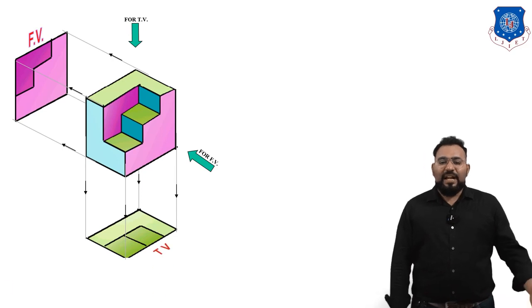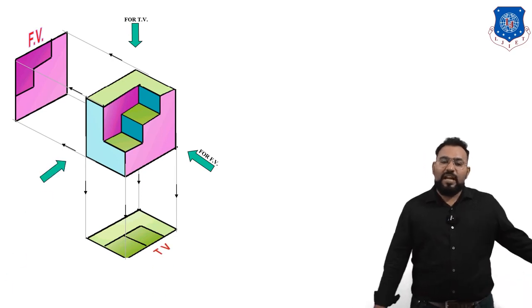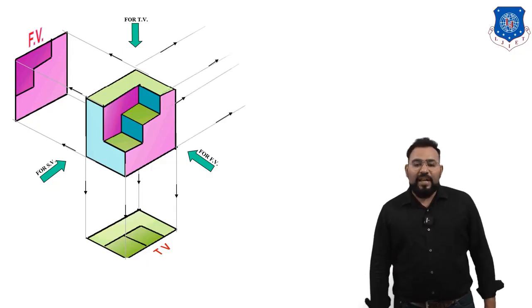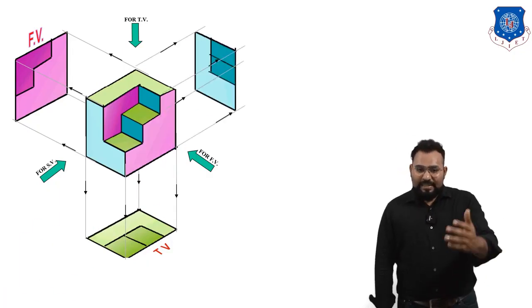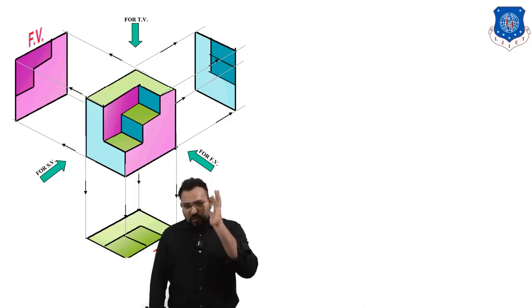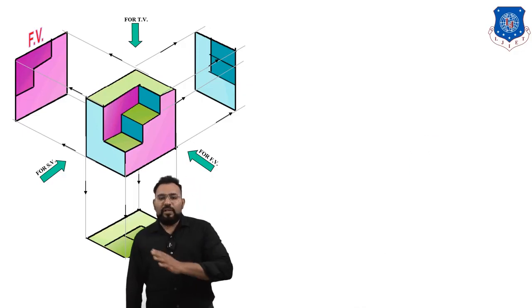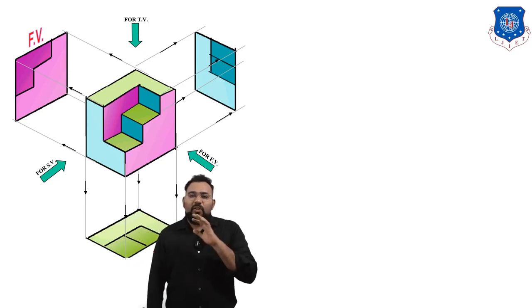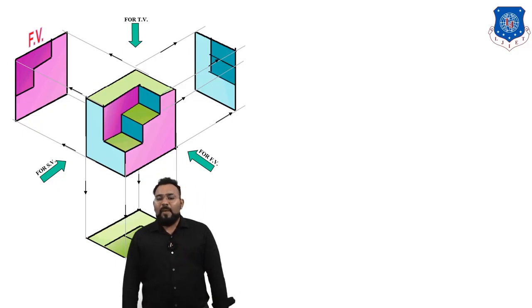Now let's see the side view, how its side view is gonna look like. So here I'm going to take the left hand side view. So how will its left hand side view look like? So it's gonna look like this. Okay, so you have to practice this whole thing. Okay, so whatever the part visible, that will be darker, whatever the part not visible, that will be hidden. So always remember this thing in your mind.